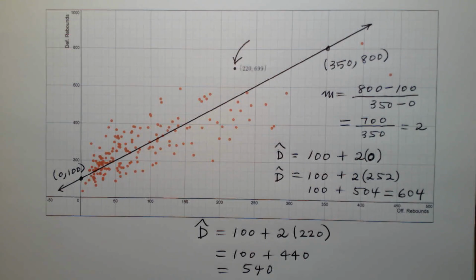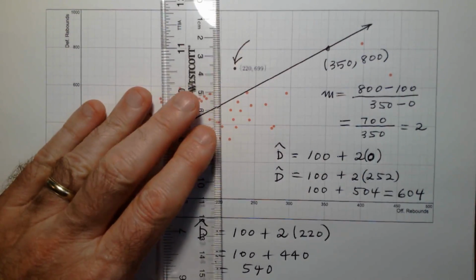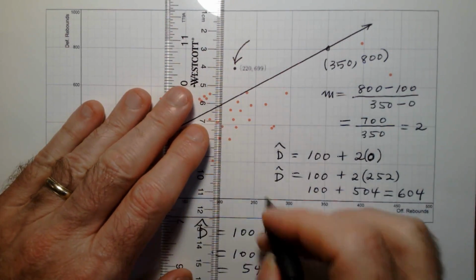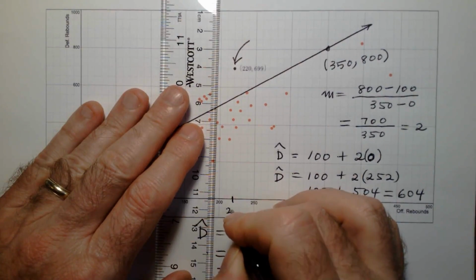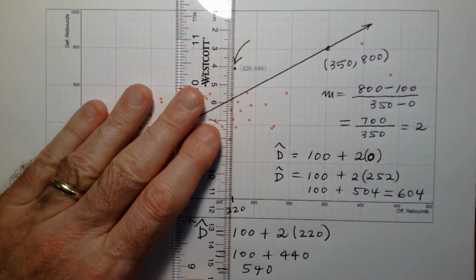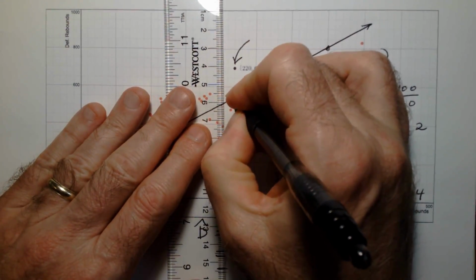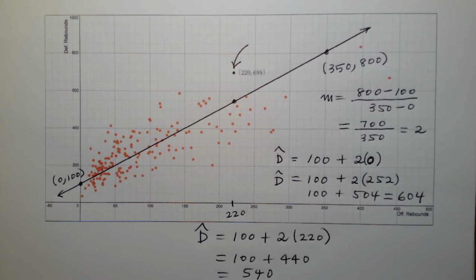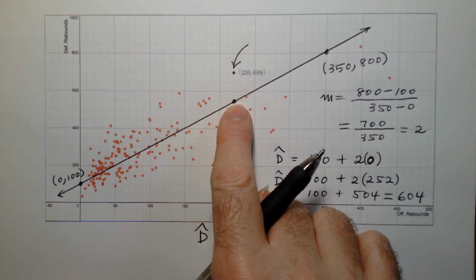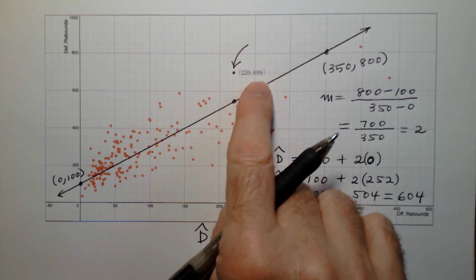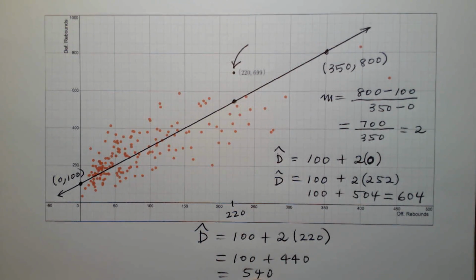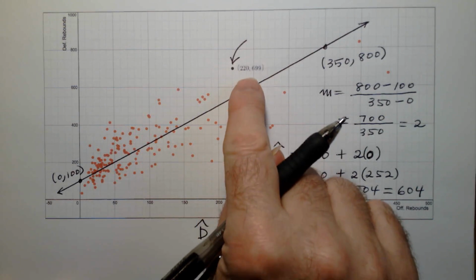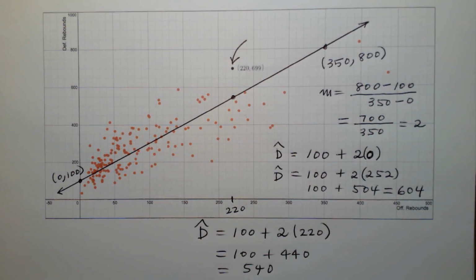Now, we can see this in the picture, right? If I'm plugging 220 offensive rebounds into the line, there's the predicted number of defensive rebounds. It's going to predict this dot. It would say for the 220 input offensive rebounds, I would think the defensive rebounds would be here. In fact, this player had far in excess of what the model would predict. So it's sitting at 540 as a predicted number of defensive rebounds, and this player far exceeded that. He had 699